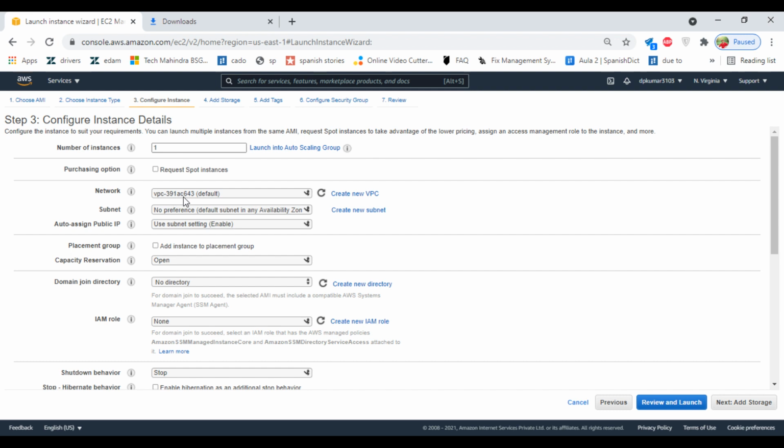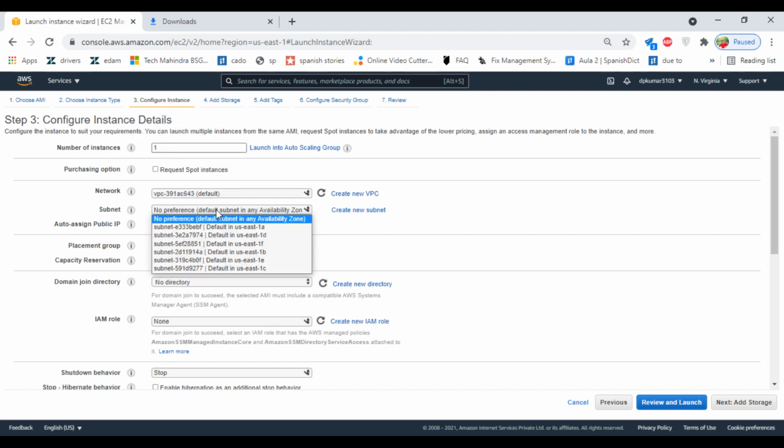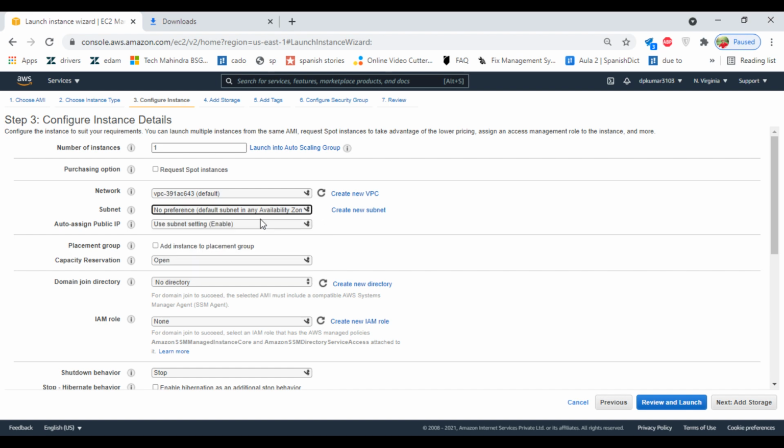Select the network type. Here we are going to select default VPC. What is VPC? I am going to explain you later. And go with the default subnet settings. In this North Virginia region, we have a total of 6 availability zones. So we will go with the default subnet and assign IP. It is a public IP address. If you disable it, you cannot take remote from your machine. So we will enable this